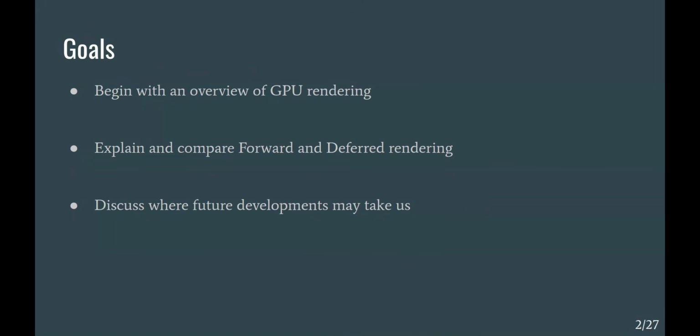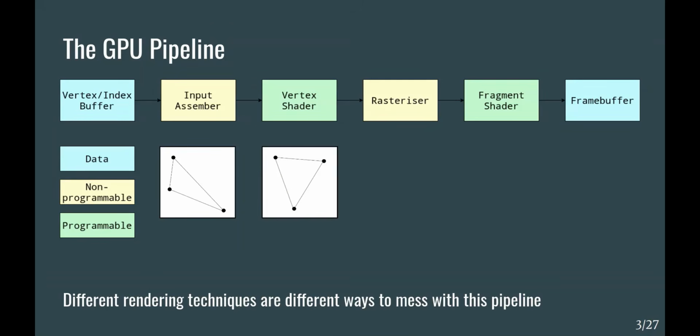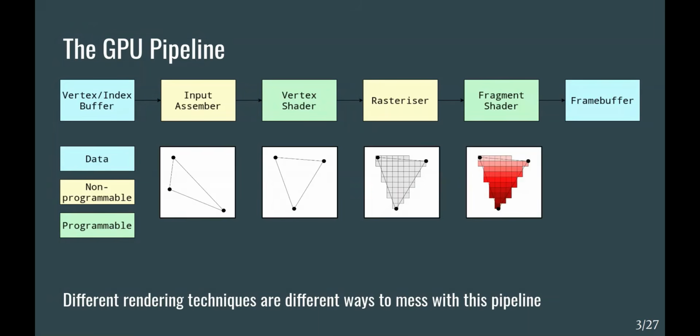So to start with an overview of the GPU pipeline, here it is in all its glory. On each invocation of the pipeline, we send a mesh of triangles to be rendered, in the form of a vertex and index buffer. In the input assembler, we assemble these vertices into triangles. In the vertex shader, we transform these triangles. In the rasterizer, we rasterize these triangles into their fragment representation. And then in the fragment shader, we shade each of these fragments,